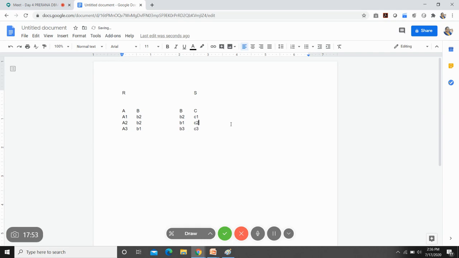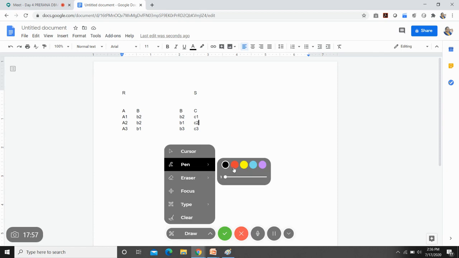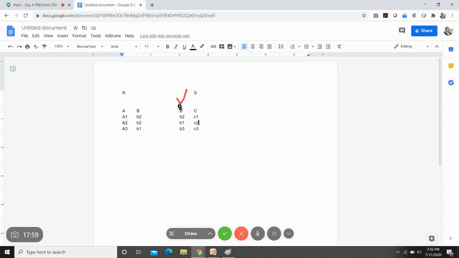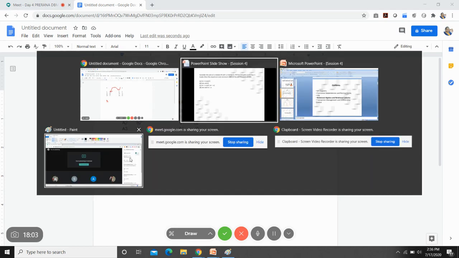Yes, so these are the tables that I have. Let us consider that this is our primary key. It is being referenced here. So what is our question now?